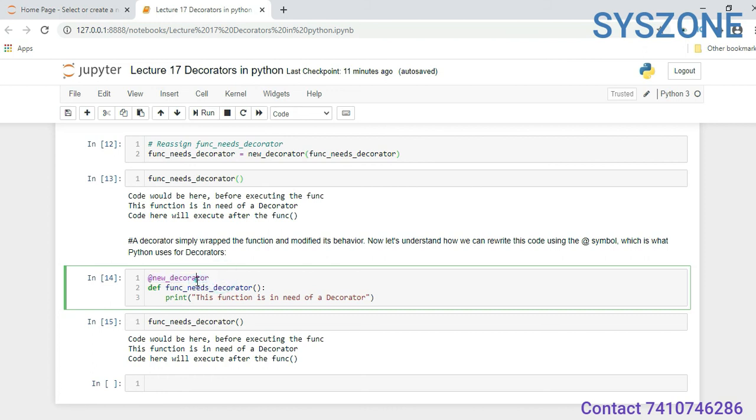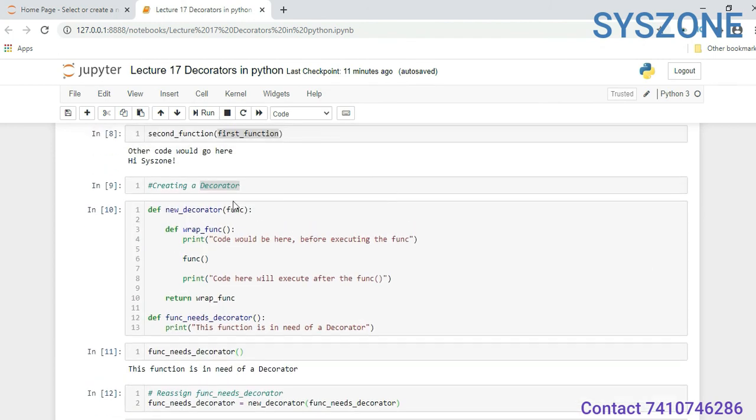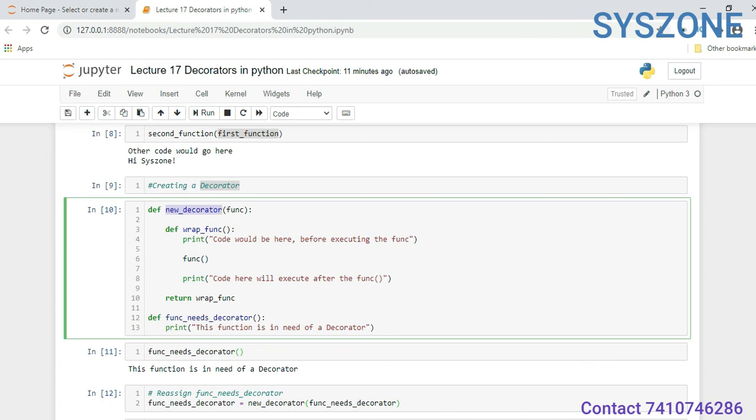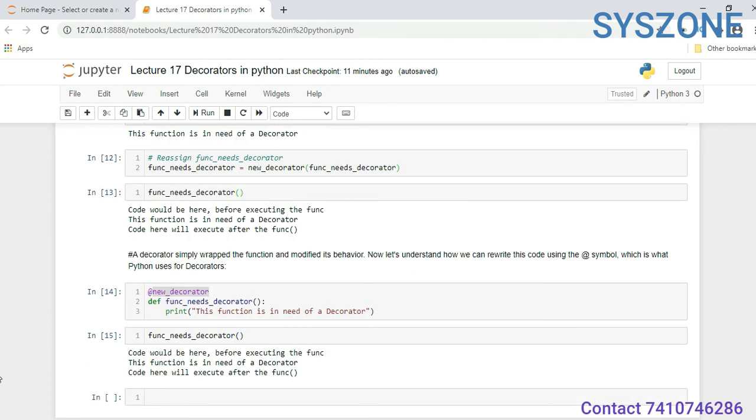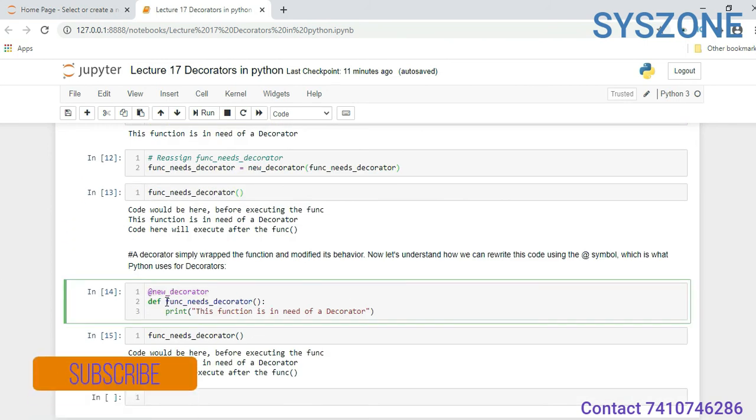So here is a simple function only. Here we created new_decorator as a function, but we can treat this function as a decorator by using the @ symbol. So for func_needs_decorator, it will treat new_decorator as a decorator because we are using the @ symbol.